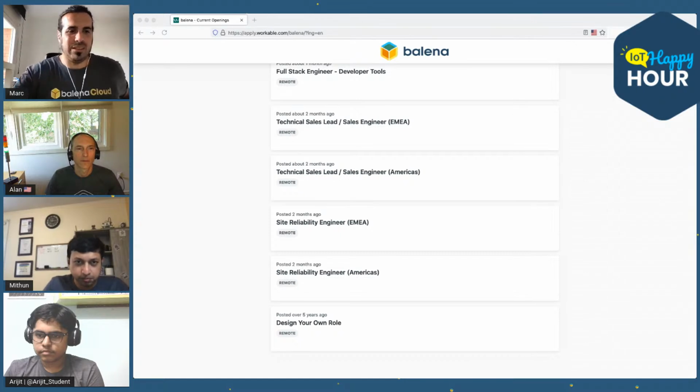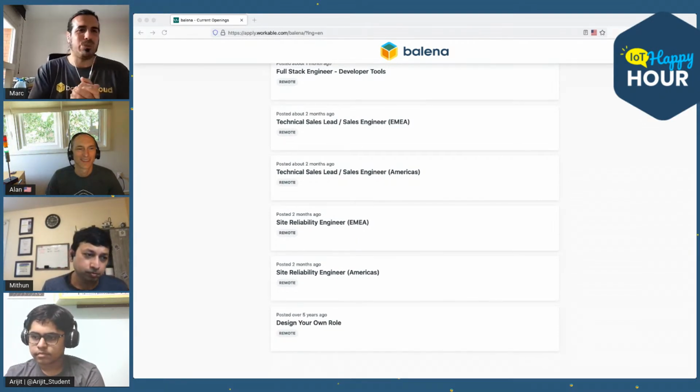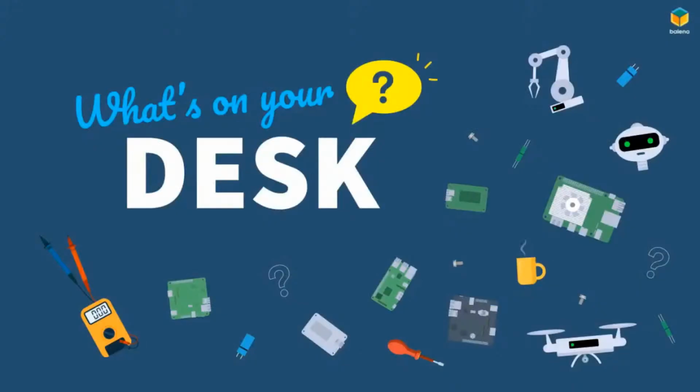So maybe next let's jump. We are going a bit fast because we have a lot of things to show you. So maybe it's time to jump into our icebreaker section, which is what's on your desk. I'm very excited to see what's on Mithun's and Arijit's desk. But before that, we need to introduce the section with our jingle, sung by Chris, unless any of you wants to sing the song. No? Nobody can beat Chris. Not good at singing. All right. So Chris, please help us.